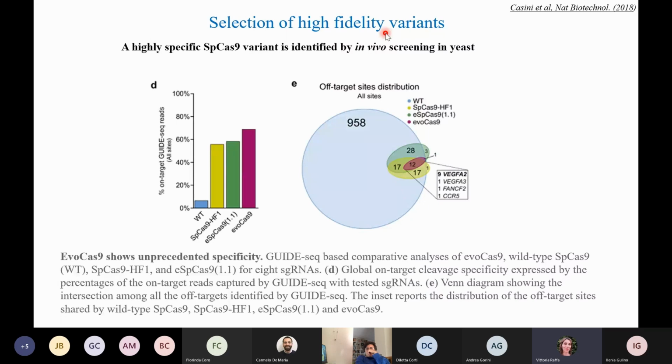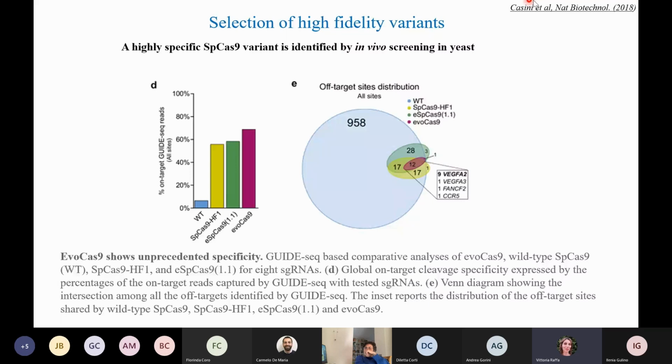In other words, you want to select a variant that lets on-target events happen, but not off-target. There is one Italian group, the group of Professoressa Cereseto, which is very active in the field, and she was able to demonstrate that one variant, the name of this variant is EVO-Cas9, is able to work in this